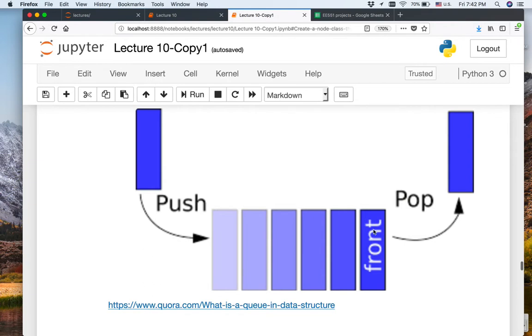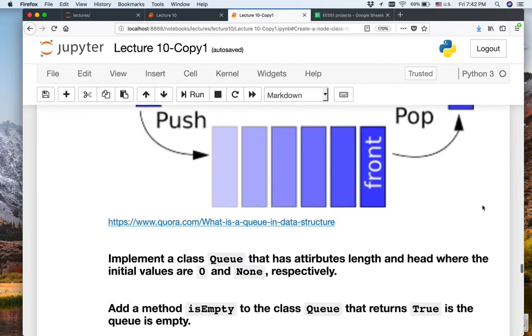Okay. So this is how we can illustrate. Let's say this is the front. We keep pushing from the back. Let's say we are not using priority. This is first in, first out. This is the front of the line, and whoever comes goes to the end of the line. When we pop or remove an item, we remove from the front. So whoever got in first gets out first. All right,